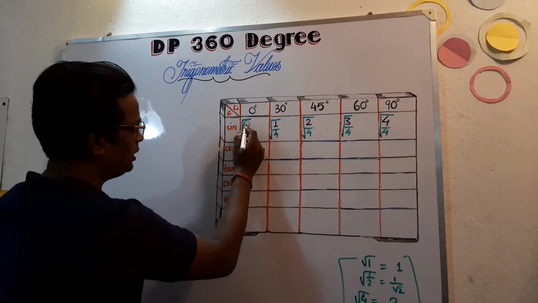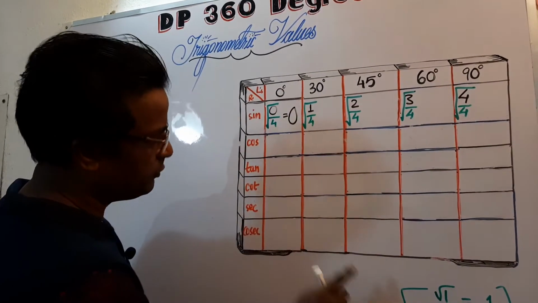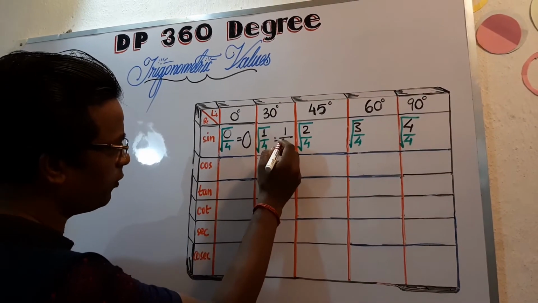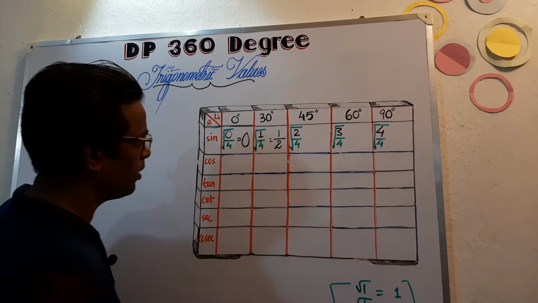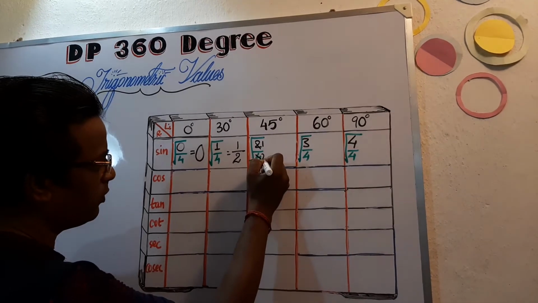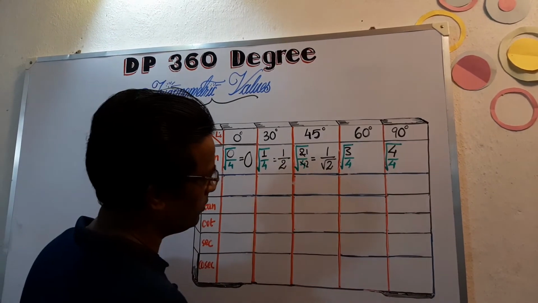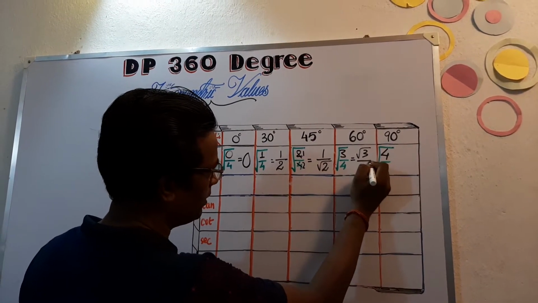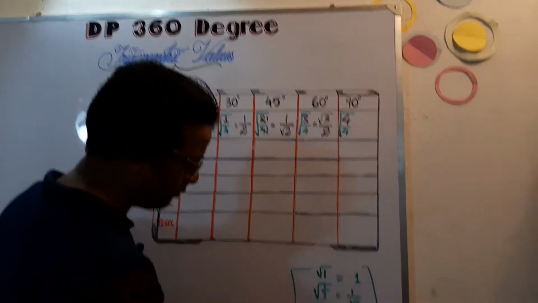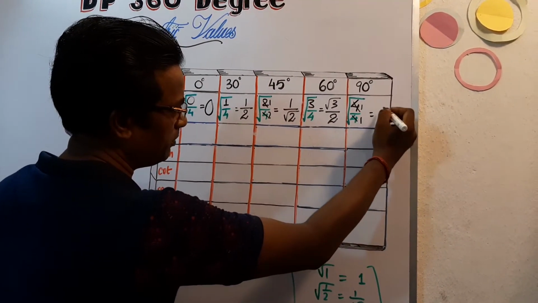Now sine 0, 0 upon anything is 0. Straightaway we get the first value as 0. 1 upon 4, as I've told you, square root of 4 is 2. Straightaway you can write, square root of 1 is 1 and square root of 4 is 2. So sine 30 is 1 upon 2. Sine 45, now here for simplification, 2 1s are 2, 2 2s are 4. It becomes square root of 1 is 1 and square root of 2 remains inside, 1 upon root 2. So root 3 upon root 4, the square root of 4 in the denominator here will be simply 2, because we know root over 4 is 2. And same number by same number cancels out, square root of 1 becomes 1.